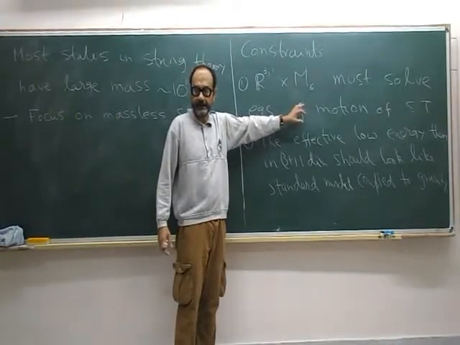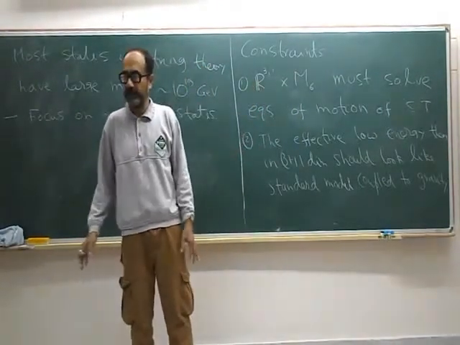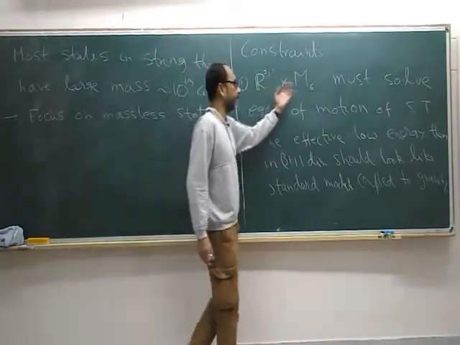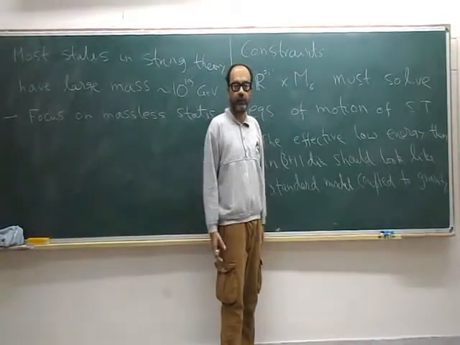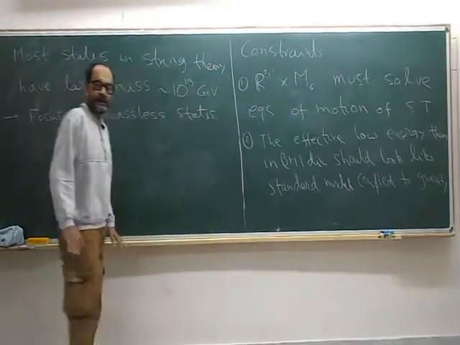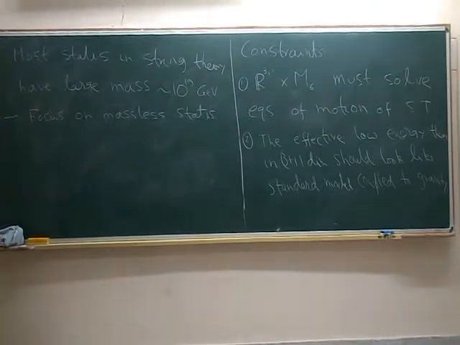If we could do this, it is still a complicated problem, but it would be a problem in classical geometry. We take some finite set of fields and analyze the various harmonics on a compact space and try to read out what the low energy spectrum will be. But this, while it works in many cases, it doesn't always work. So you have to be careful. And this is what gives rise to what we normally call stringy geometry. Aspects of geometry which are very surprising from a classical geometric viewpoint. Nevertheless, they come out in string theory.